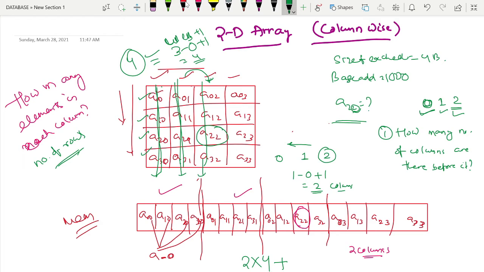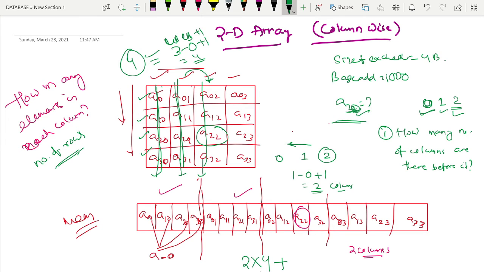Now we have to go to the row number, right? A22 we are expecting. For these 2 columns we have calculated that 8 elements must be before this column number, and then coming to 2, this is for the row representation. So I am at the second row. So before me, how many rows are there? If the question is asking for the second row, you should ask yourself how many rows are before me.